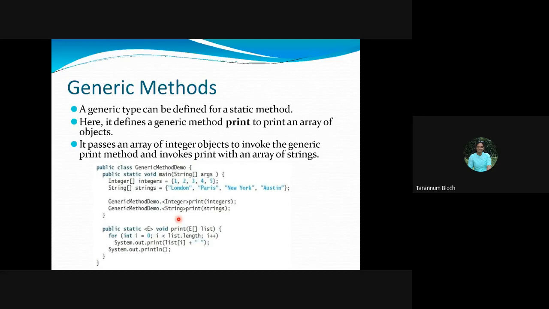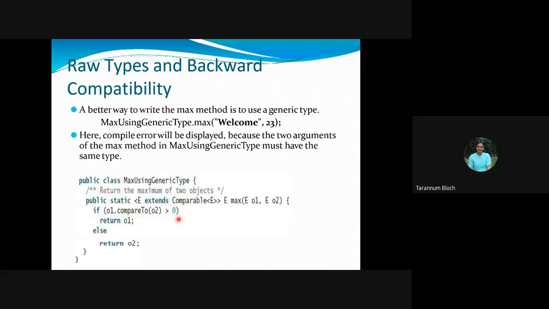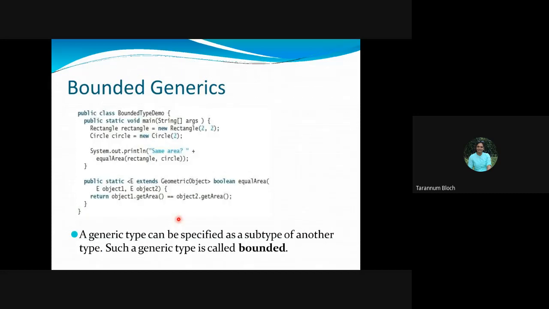But now when I'm specifying here that it will be something from the geometric class, I'm being specific. So a generic type can be specified as a subtype of another type. This is called bounded. We are bounding. We are not giving the wide choice. Wider choices are not available. We are just limiting. We are giving a boundary. So this is called a bounded generic type.